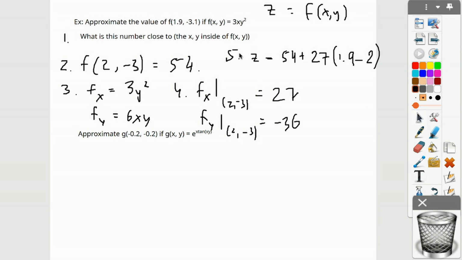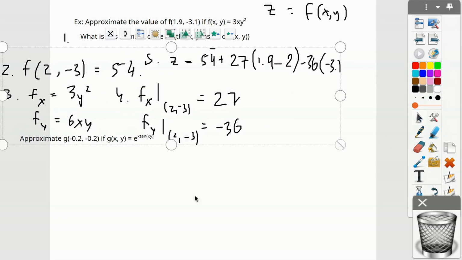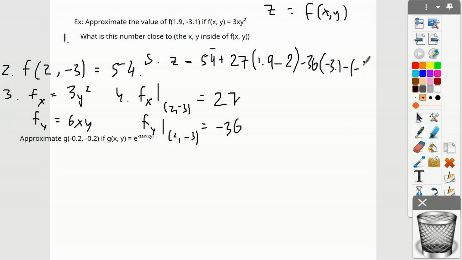So 1.9 minus 2, and then minus 36 times negative 3.1. Okay, I need to move all of this to the left. So negative 3.1, I don't know if you guys can still see it, minus negative 3. Which gets you 54 plus 27 times z of